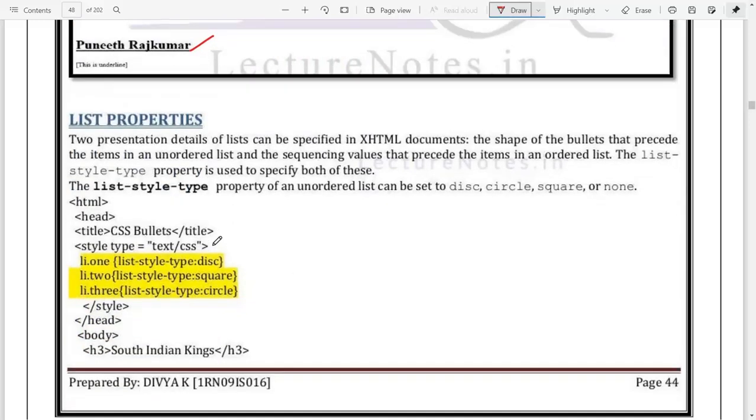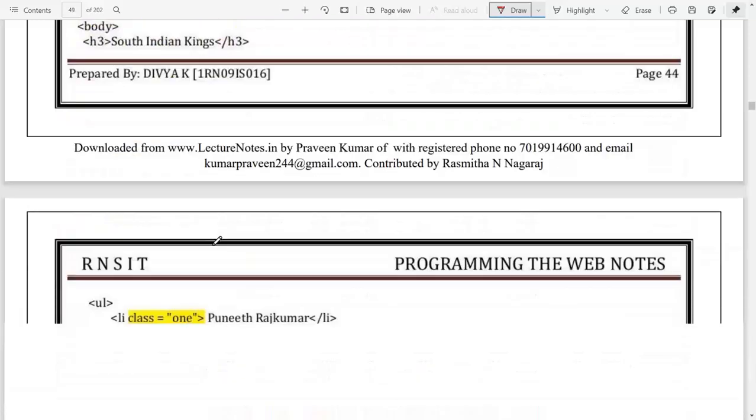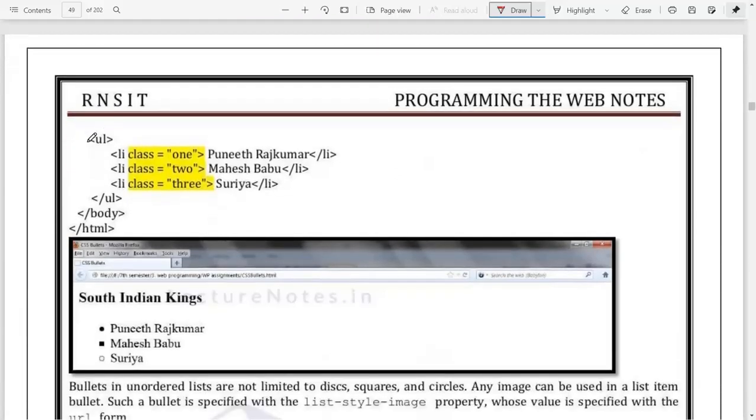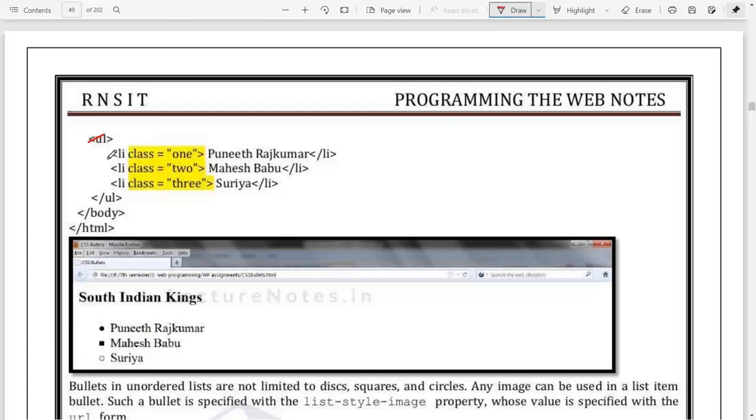Next, we have seen a tag called the list tag, the li tag. OL and li, we have discussed, are used to display a list. For example, here we have used OL, the ordered list, which contains these names.